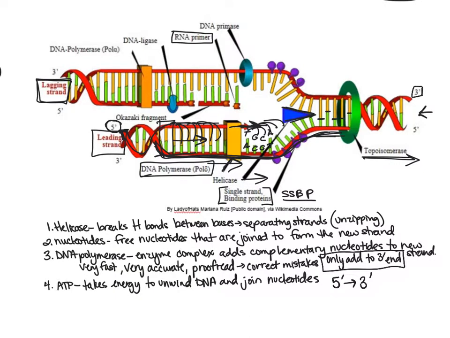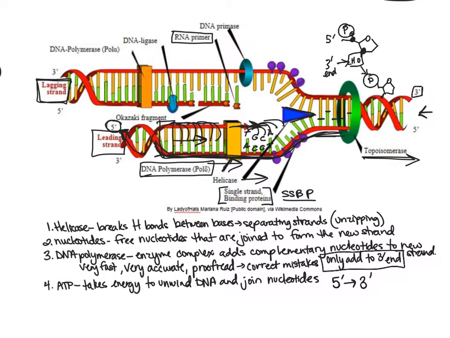What that means is that when we look at our sugar phosphate backbone, for example, remember it looked something like this. We have our phosphate group here. This is our sugar here. On this end of our sugar, we have our hydroxyl group. And this hydroxyl group is what's going to interact with the next phosphate group on the next nucleotide. Then we have the next sugar here, and then we have the hydroxyl group. Now, this hydroxyl group here is the 3' end of the nucleotide, because this is considered the number 3 sugar, the 3' end. Up here, this is our number 5 sugar, and so this is the 5' end.